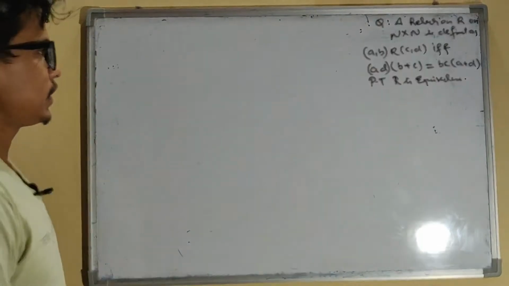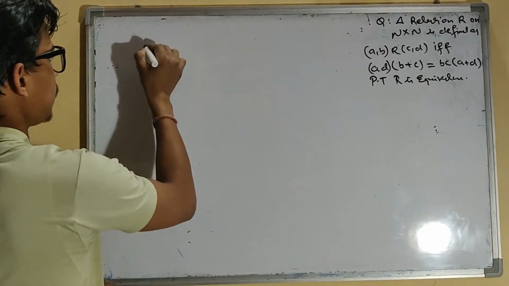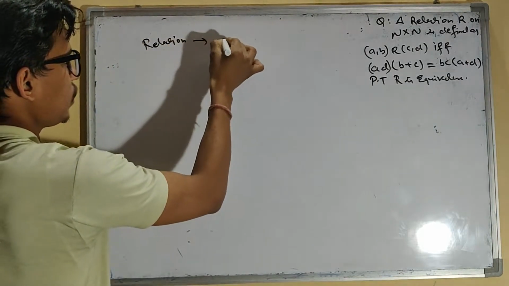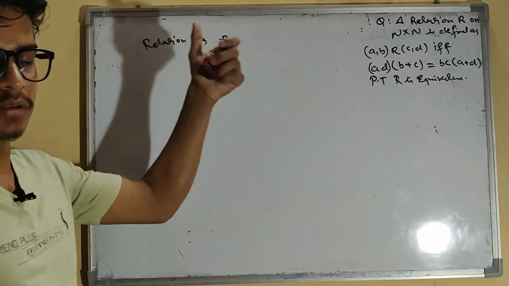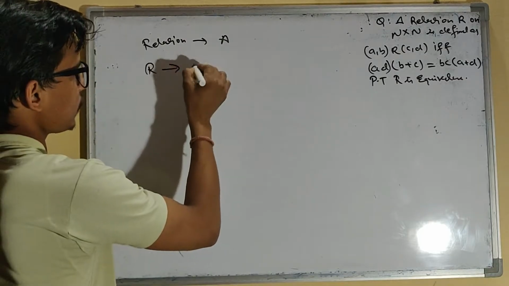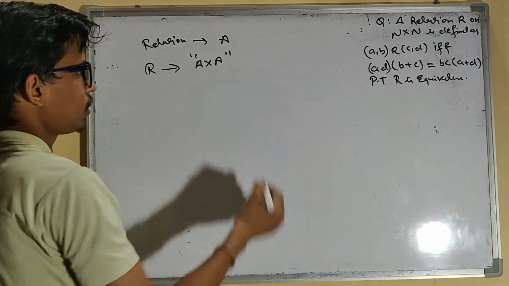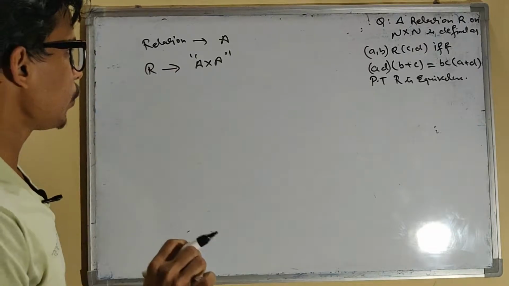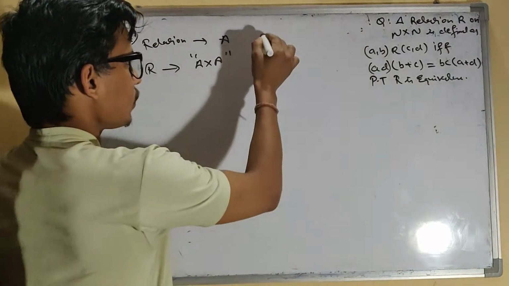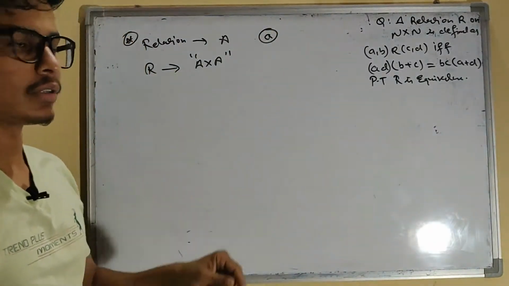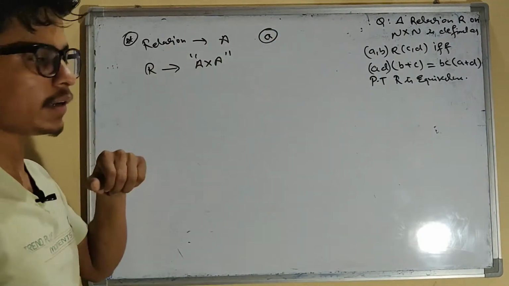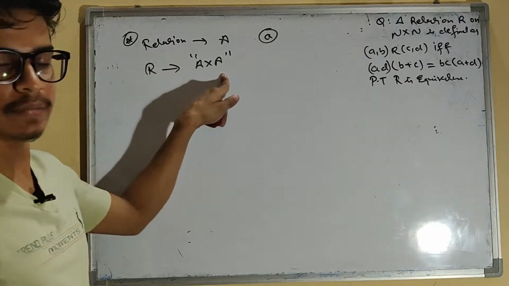Okay, so before that, a relation was defined on a set A. But in this question, a relation is defined on the Cartesian product A cross A. So the important thing is, when this type of question appears, you have to check for an element. Set A will have elements like a, b, c, okay? But in a relation on A cross A, which represents a Cartesian product,